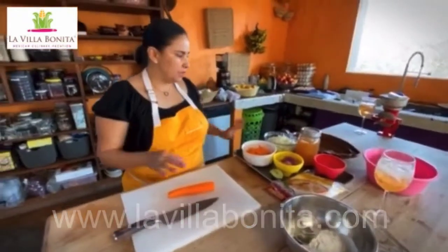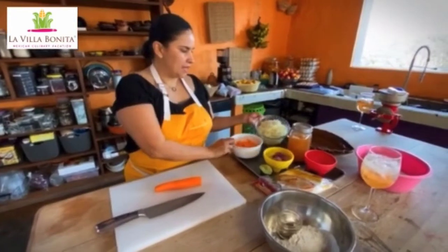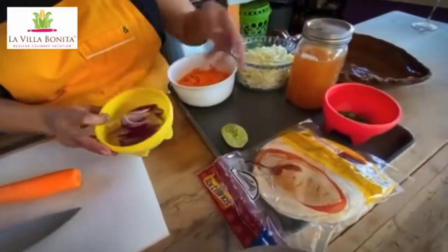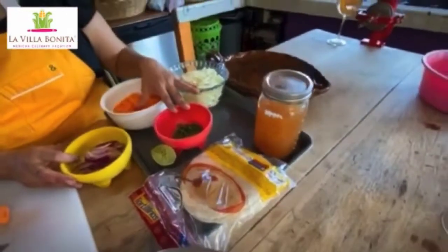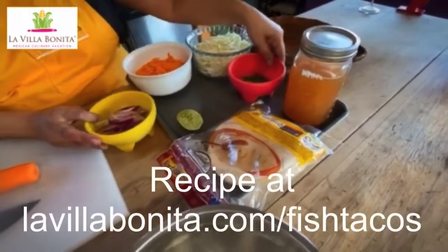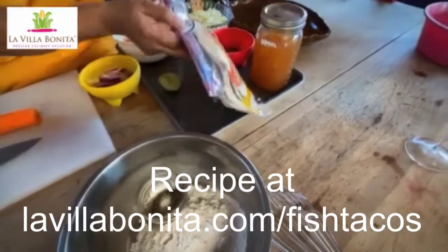So we are doing a little bit of a slaw with carrots, cabbage, onion, and I have 2 types just because this is what I have left over, very thinly sliced. Cilantro. You could add to this slaw some chile, but I'm not doing it because I have a young kid at home. We're also using